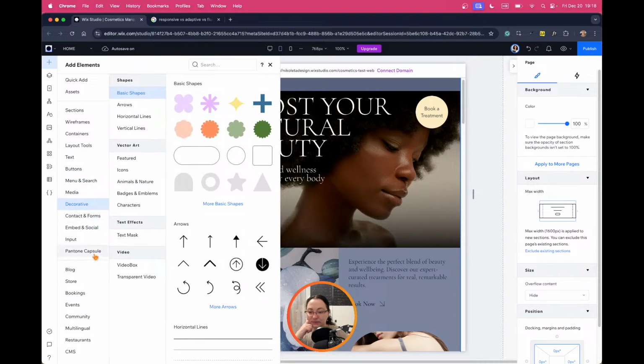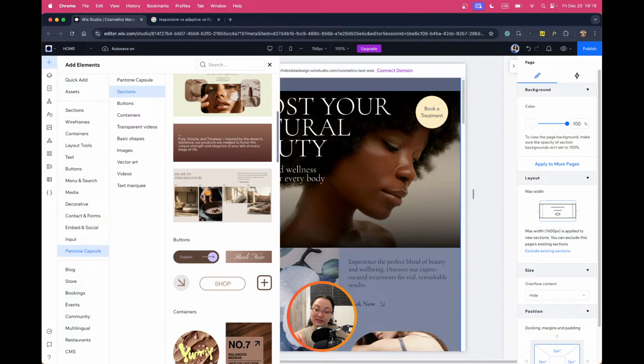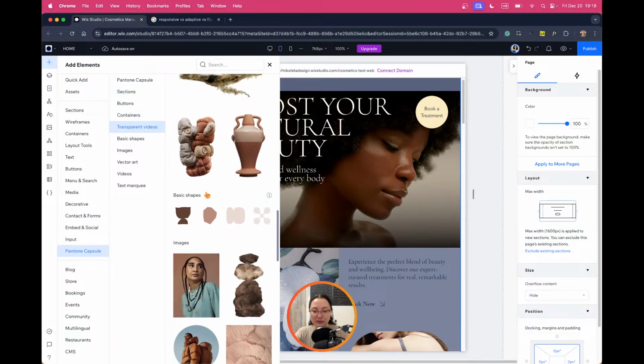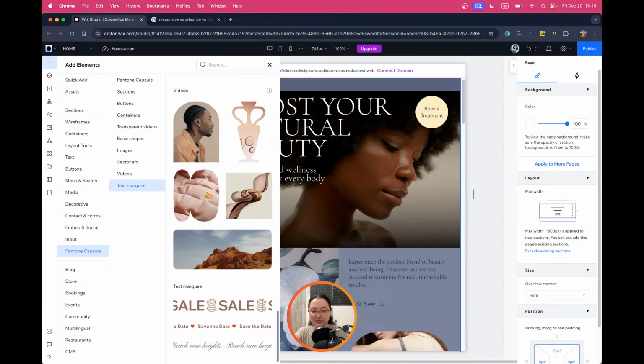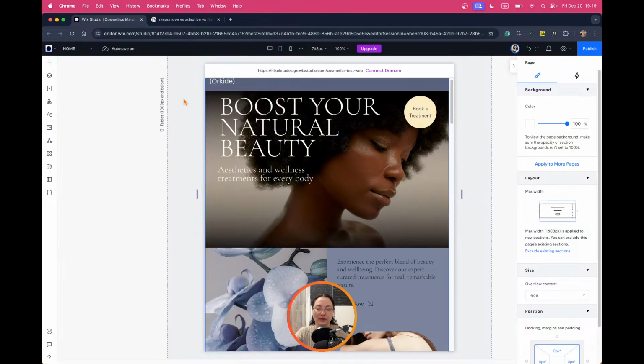Yeah. Oh, they added even the capsule here. Okay. I actually am not mad about that website that Wix Studio created about Pantone and time capsule. It's okay, but I don't think that's the color of this year anyway. Okay, that was a sidetrack, but I will find it and I will do another tutorial with even easier marquee